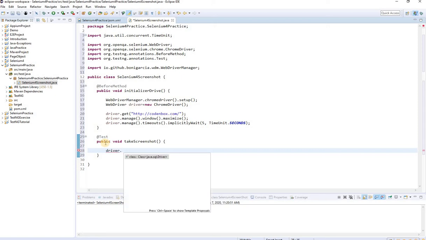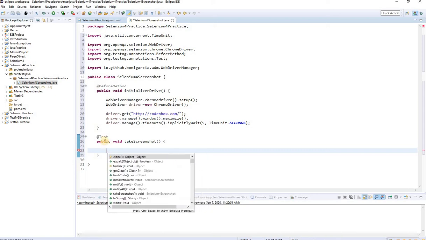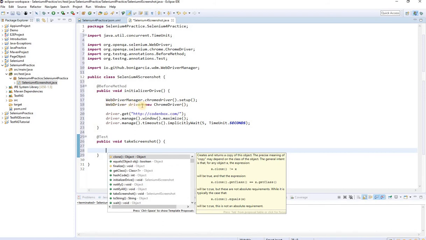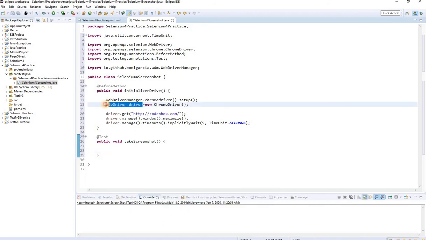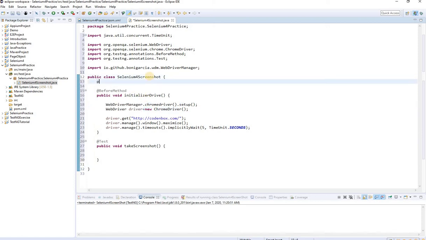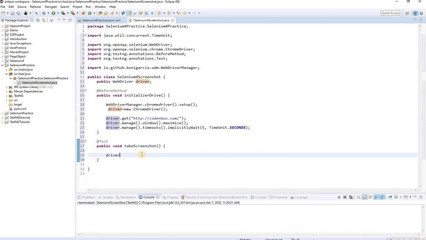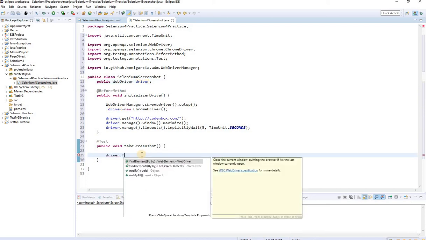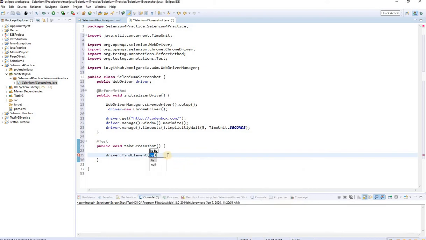Okay, before I write the driver, let's put this driver variable as a global variable. Let's copy this one and put it here, public. Let's put this one as a global variable. Then let's move this here. So driver is now a global variable, so now I can use the driver here, driver dot findElement,